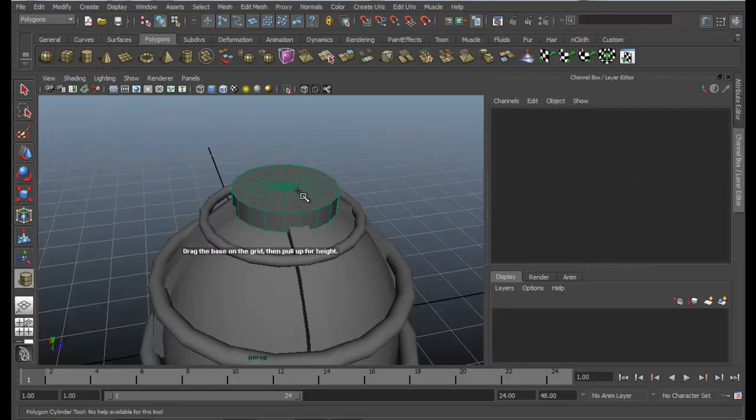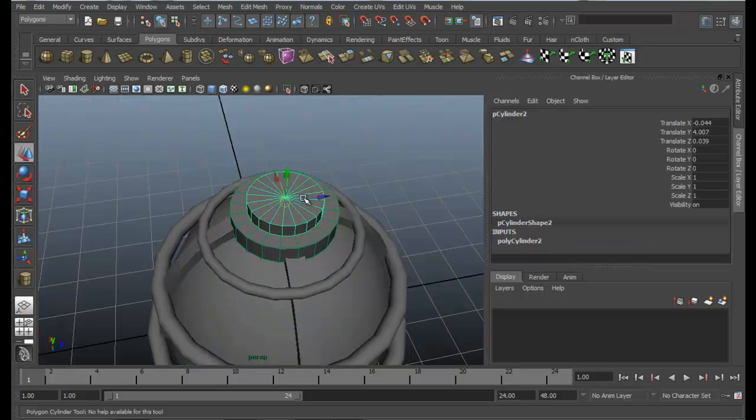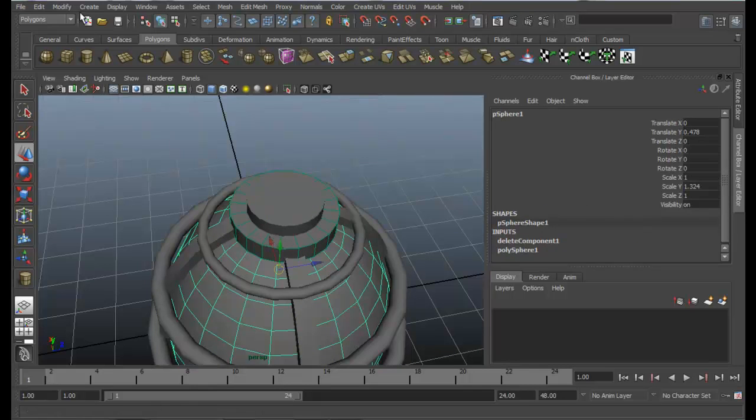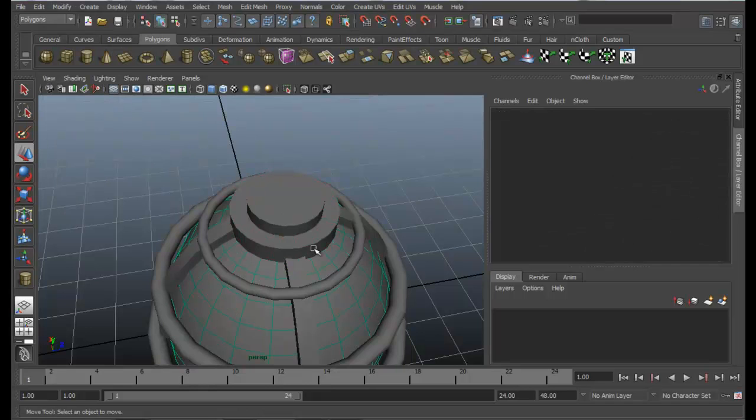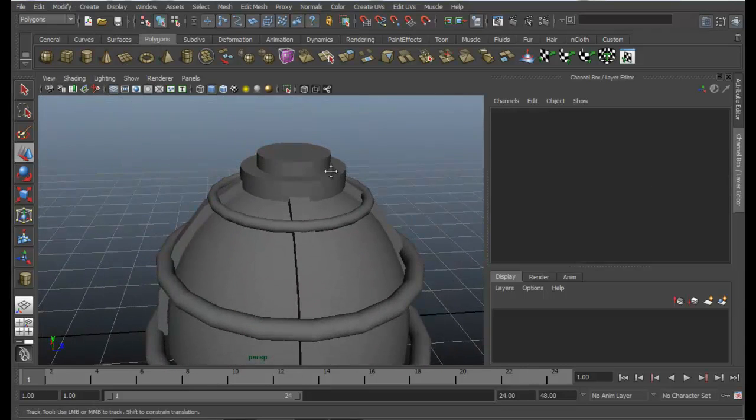In this way you can create any object on top of this. If you can see, I created this on top of this. Again go to modify, make, oops, sorry, go to modify, make not live. That'll do.